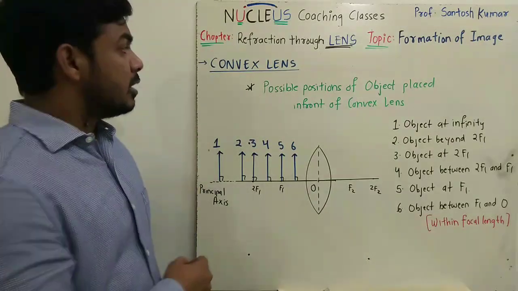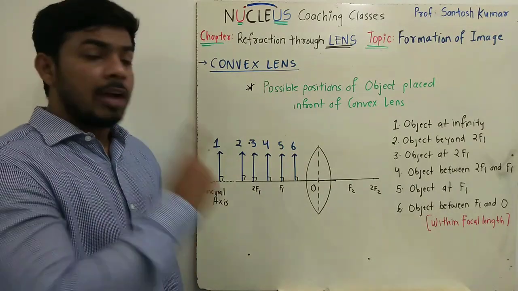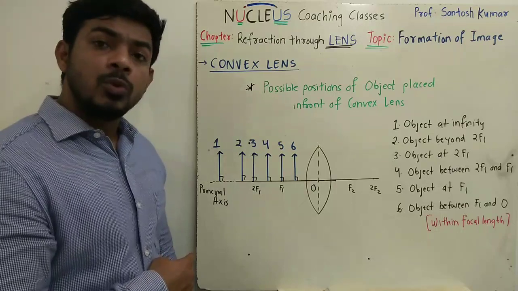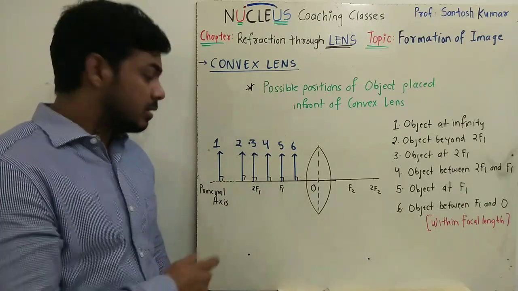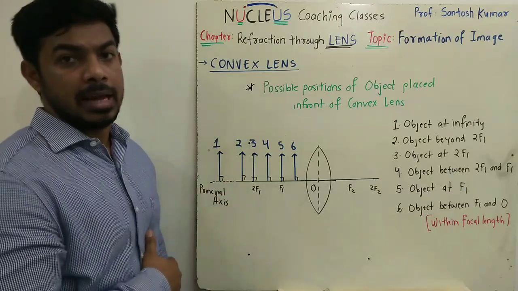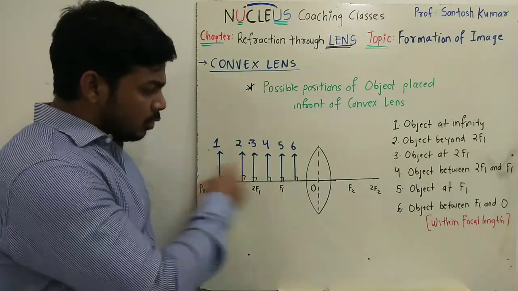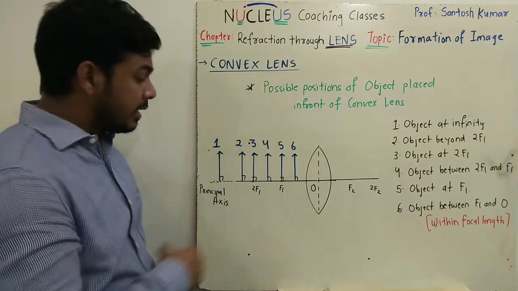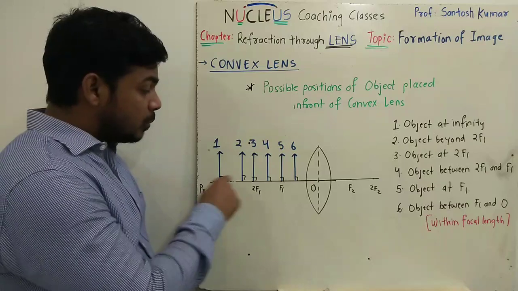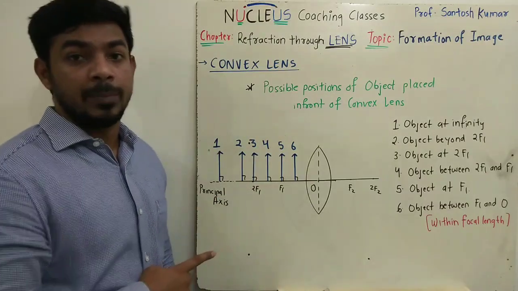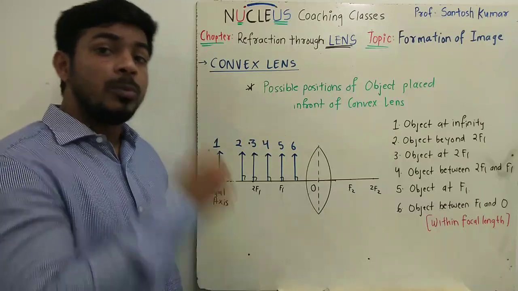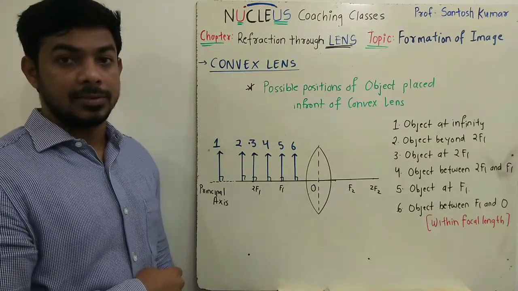So I will start first with the convex lens, and I will keep an object in front of the convex lens. And one more thing you have to remember in this section, that the object should always be placed perpendicular to principal axis. So I have drawn certain positions of object, and you can clearly see that these objects with an arrow head are placed perpendicular to principal axis. That means the image which you will obtain will also be perpendicular to principal axis.